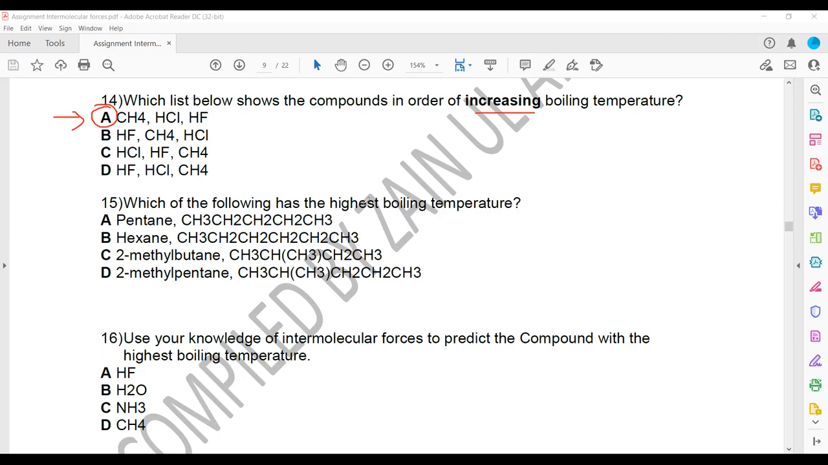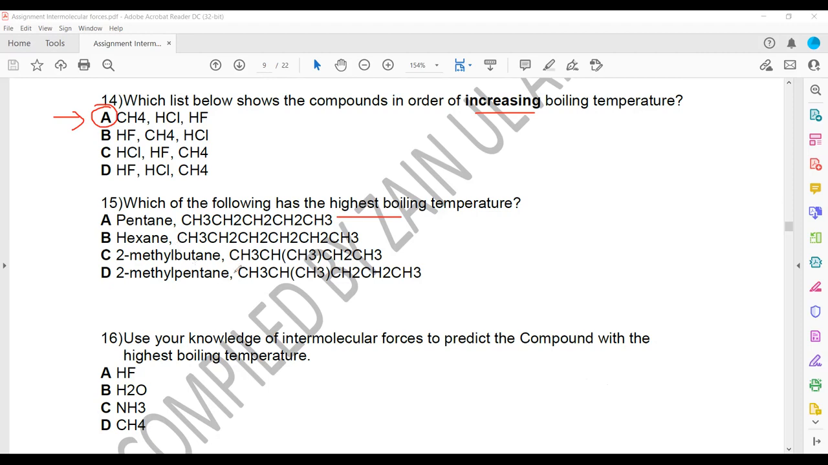Then, which of the following has the highest boiling temperature? Pentane, hexane, 3-methyl. Whenever we check the boiling point, we should first check the number of electrons, or the number of atoms which have electrons. So all are carbon and hydrogen atoms,